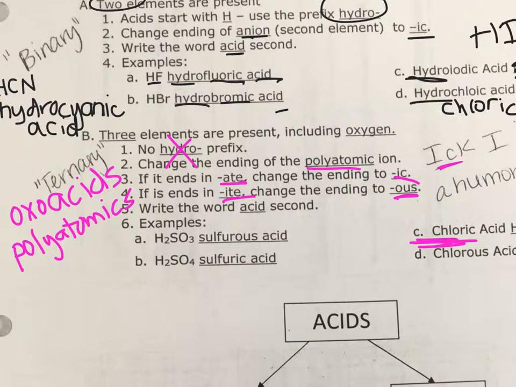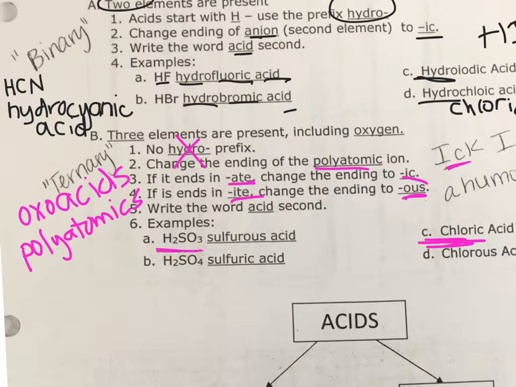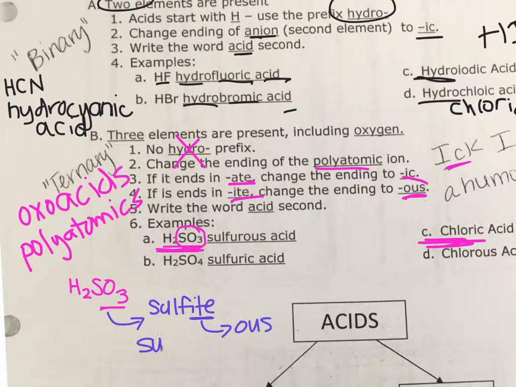Okay. So sulfurous acid. If I were to give you just this part and you had to come up with a name, you would look at that and say, oh, I see a polyatomic. Crap, that means I have to use that -ic, -ite, -ate thing, right? So you figure out who your polyatomic is. Who is SO3? Look it up. It's not sulfate. Sulfite. So the minute I see this part, I know that -ite makes it -ous. So I would have sulfurous